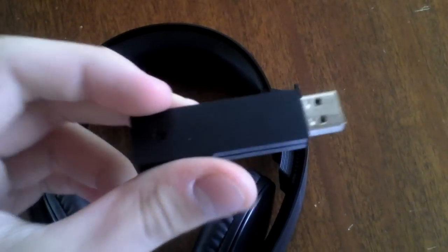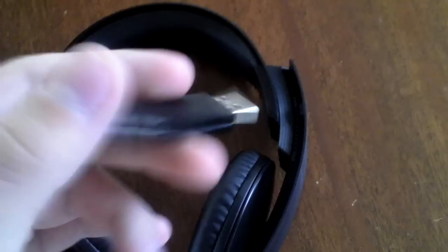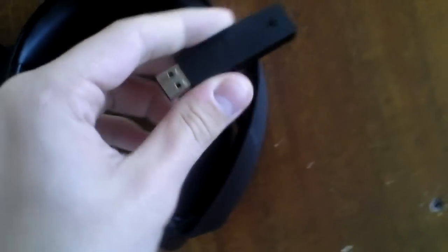It comes with this Bluetooth USB dongle that you put in your PS3, obviously in the USB port, and a blue LED light will appear. It'll glow when there's a connection between the headset and the dongle. So as long as that's blue, you turn it on by...